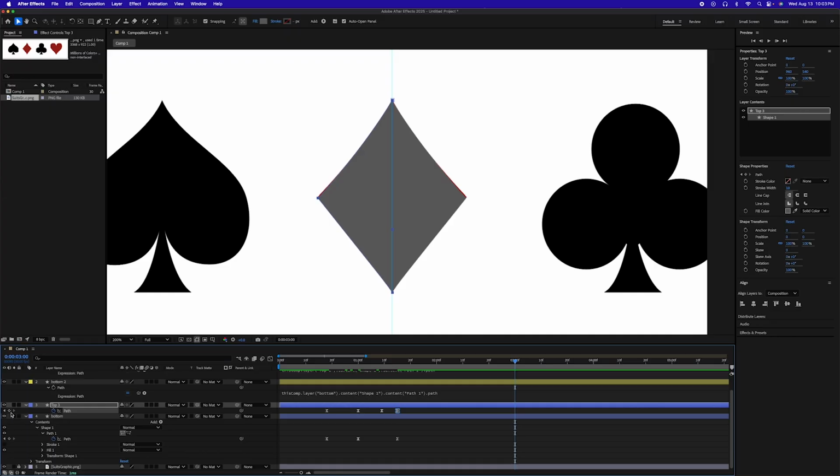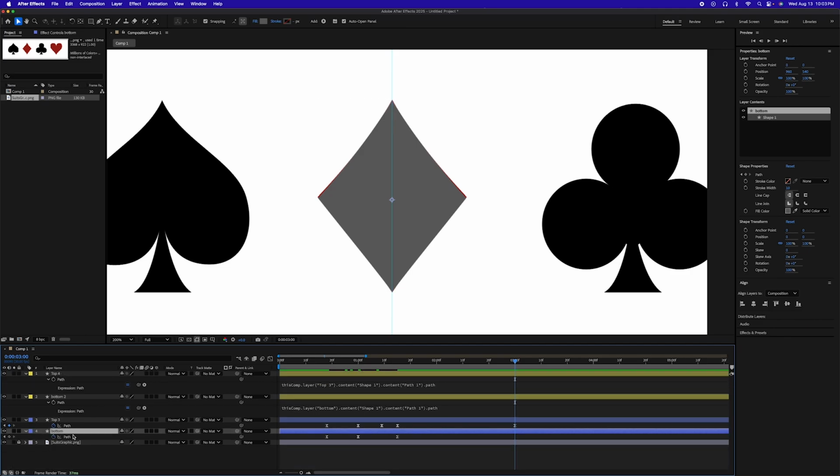Let's go forward just a couple of keyframes here. Let's set a keyframe for the path. One there, and then on the bottom, hit U just to clean that up a little bit, and then hit this keyframe. And so that way we have a keyframe there. So it's going to hold that shape for a second before it goes into this next animation,